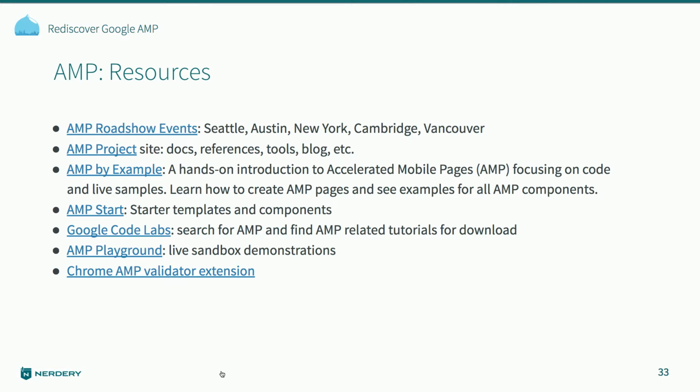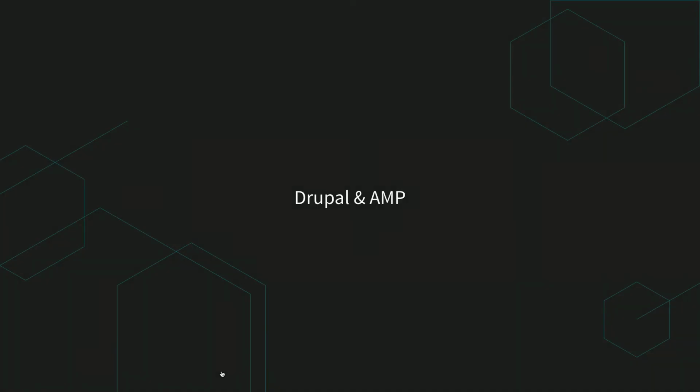And then there's also this Chrome AMP validation extension. So if you're working with AMP pages, you can add an extension to your Chrome browser, and it will validate on the fly so you know what you're doing. In terms of validation, people have also put together validation tools for CI process. So if you're developing a lot of AMP, you can just bake it into a CI process and it will validate as you develop. All right, so I think I'm going too fast, but